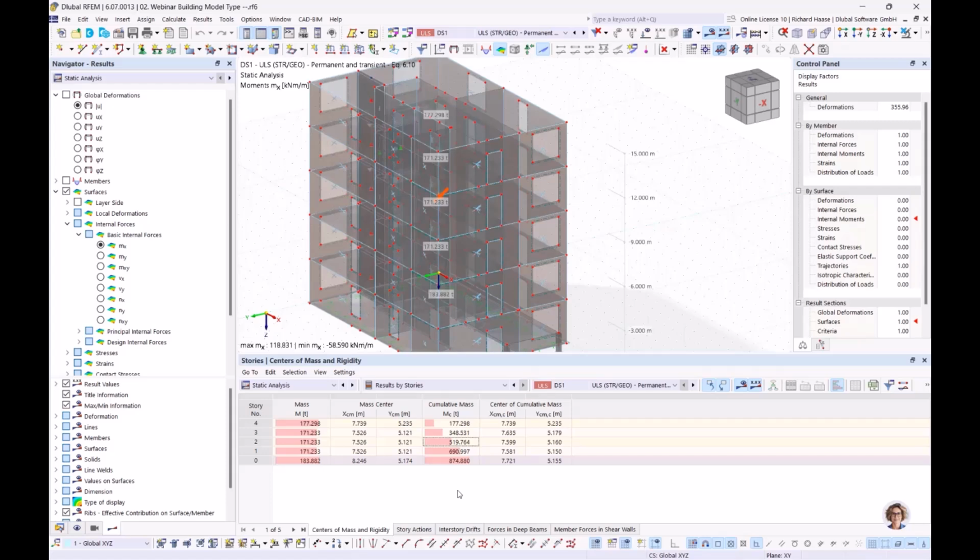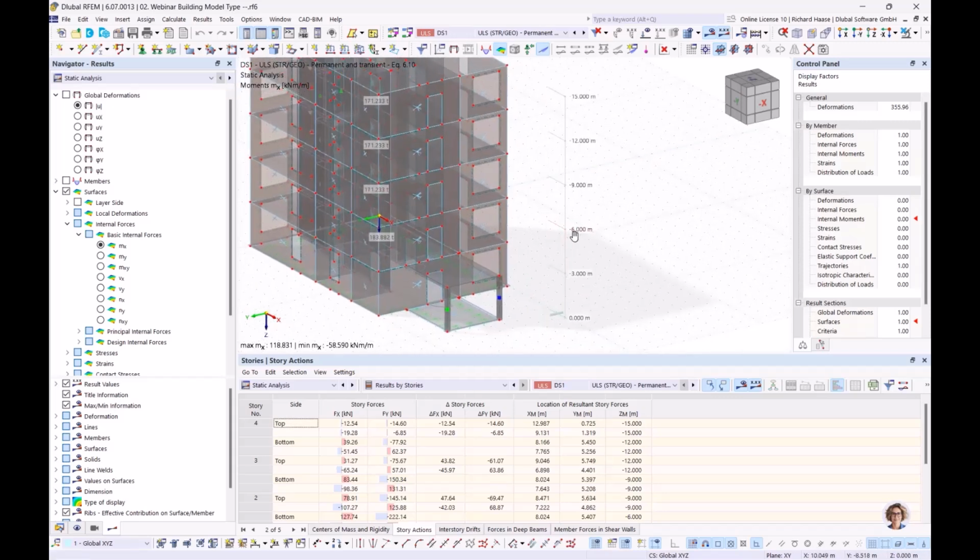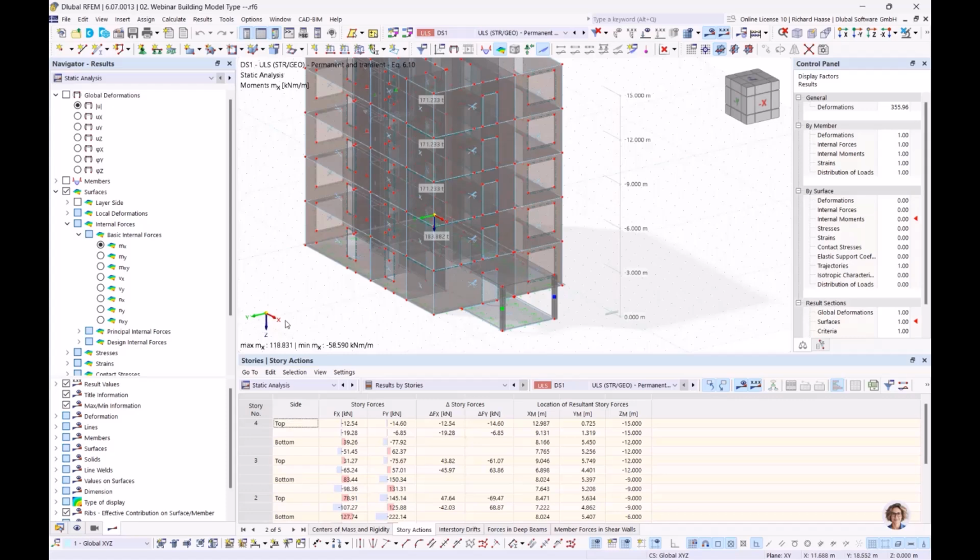With this mass, you can work very well in dynamic analysis. But I don't have enough time to explain it now. It's a very nice feature for dynamic analysis. Okay, then to the story actions. The story actions is about, let's say, horizontal loads. You see here the Fx and the Fy, so in global direction. There you see the influence of horizontal loads,